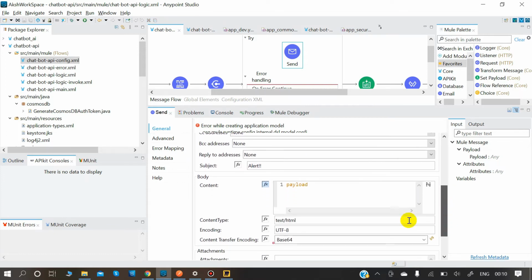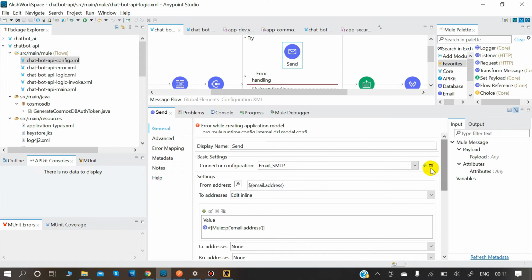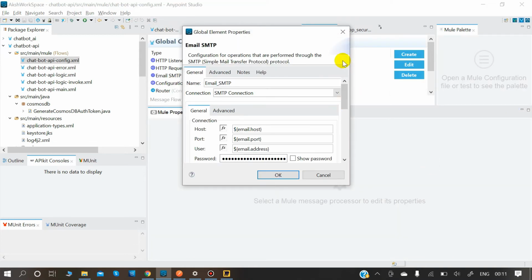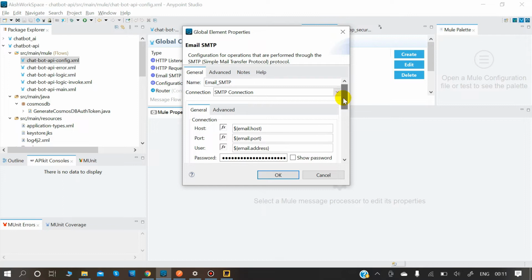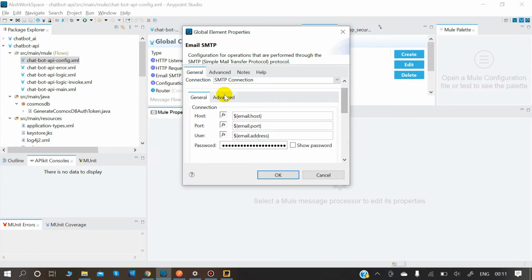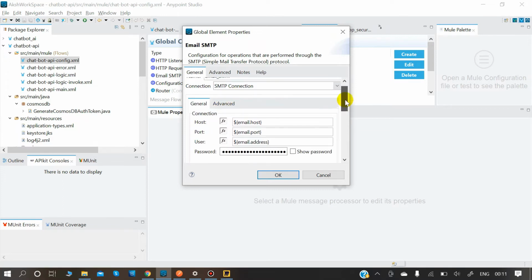Apart from that, yes, the content payload. It would come in an HTML format, so you would see a beautiful HTML page in your emails. We are setting the content type as HTML, encoding UTF-8 as it's in English, and setting the base 64. Now going deeper into the configuration, here we are setting the host and port address of Gmail, and in advanced, as we are using an SMTP connection.